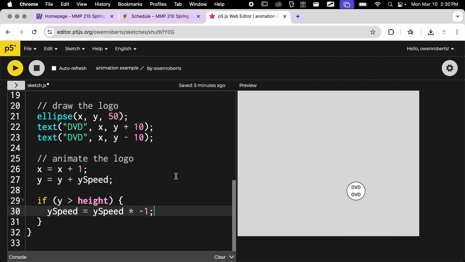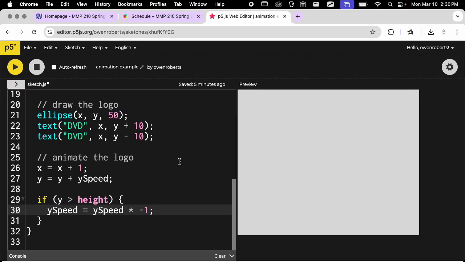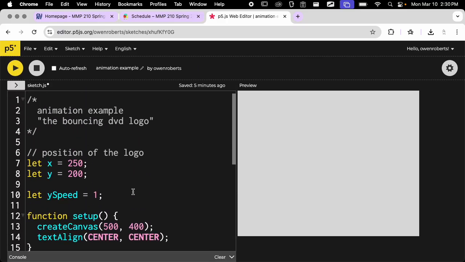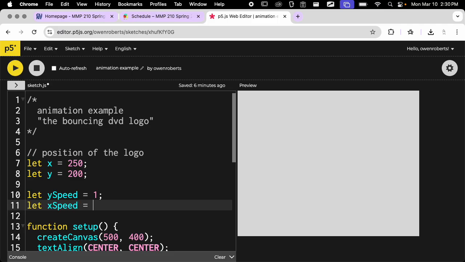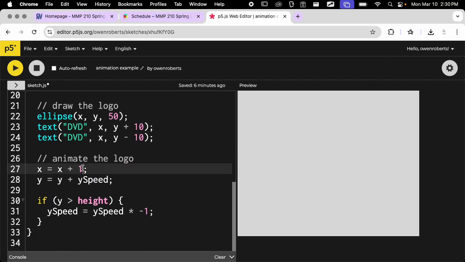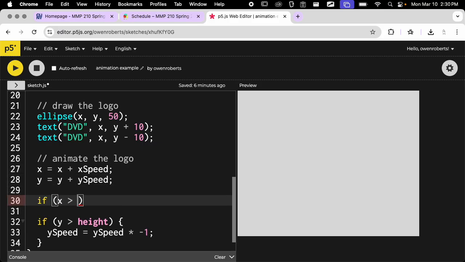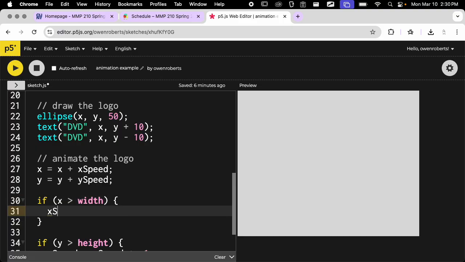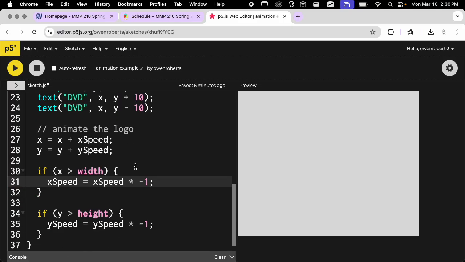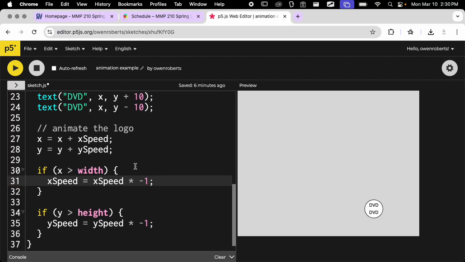Okay, so we get our first bounce. So that's pretty exciting, but we still lose our logo once it goes past the width of our canvas. So we're just going to do the exact same thing on the x position. So we need another variable. We need x speed. And we just need to kind of repeat this. So I'm going to replace 1 with x speed. And then I'm going to say if x is greater than width, x speed equals x speed times -1. So now we should get 2 bounces,